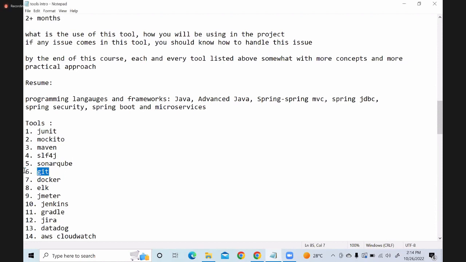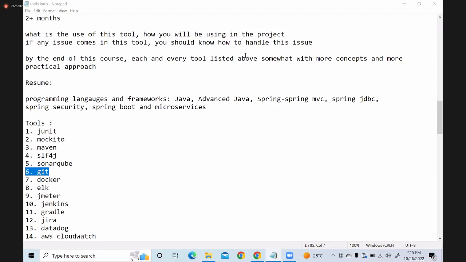So now we are going to see the next, sixth tool, which is Git. How many of you know about Git, or how many of you have heard about Git? What is Git and all that? It is a code repository tool.